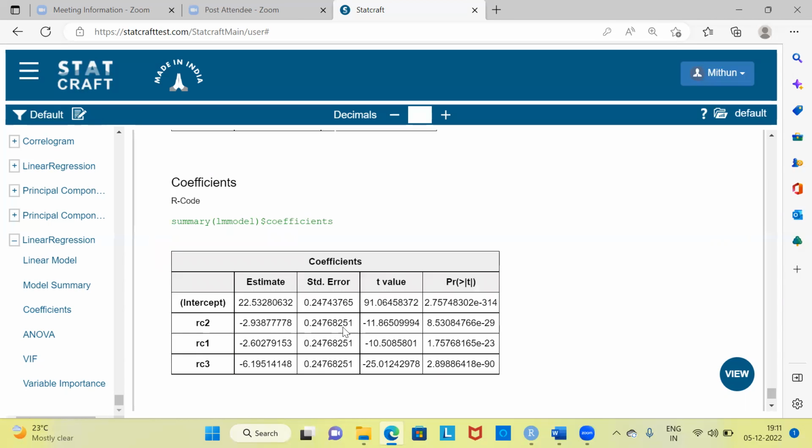The standard errors are also on the lower side. Look at the p-value here. Each of these p-values is less than 0.05. It is very, very tiny. Since the p-value is very, very small, you can reject your null hypothesis and say that each of these variables and their coefficients we have to take seriously, right? So the model coefficients are significant,